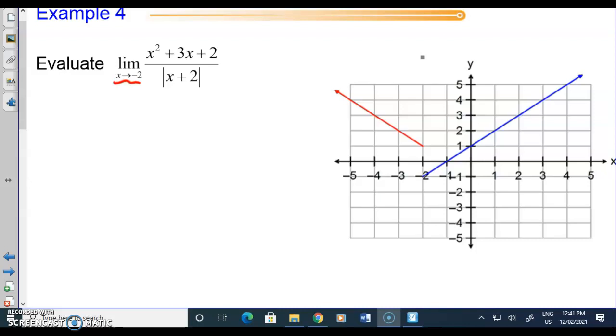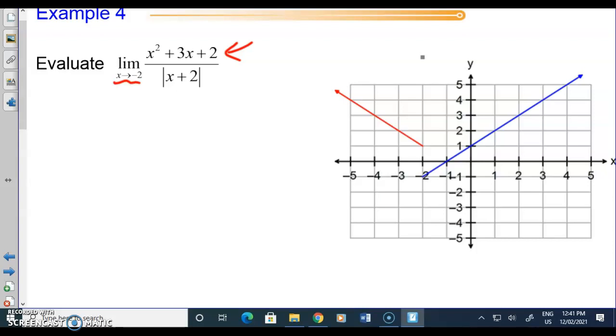So this is example 4, section 2.6, evaluating limits of absolute value functions. What we're going to notice here right now is that we're trying to get the limit of this quadratic over an absolute value. The graph is shown to give you an idea of what's going on and how to